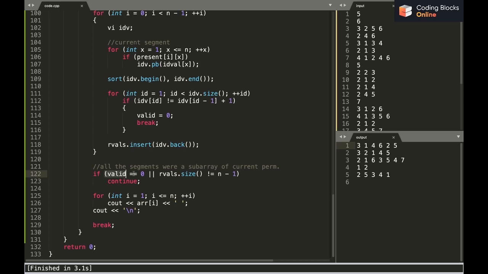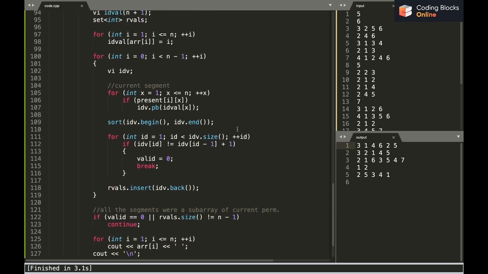If this is the case, it means we have found some segment which was not a continuous subsequence, or that not all of the R values are covered for this particular choice of permutation. Then we'll continue. If not, by this point we are sure that we have found our permutation. We'll just print it.